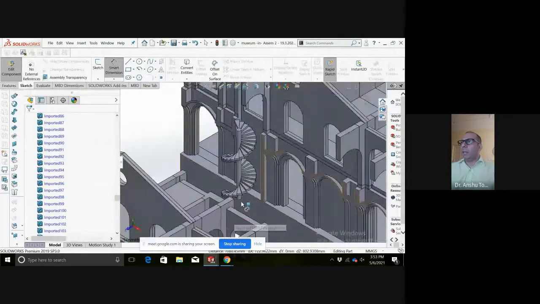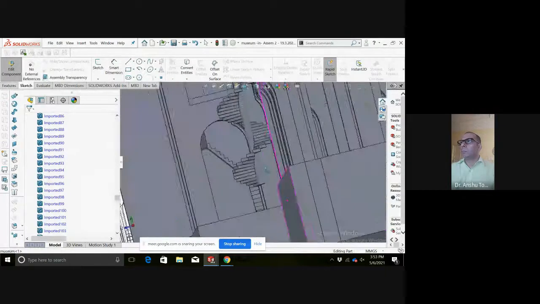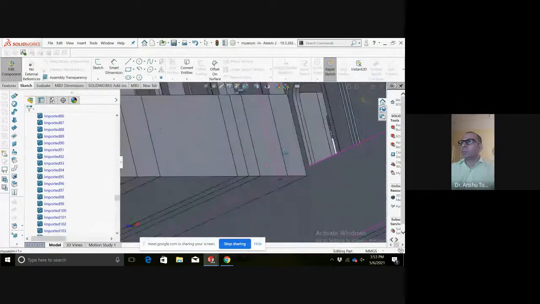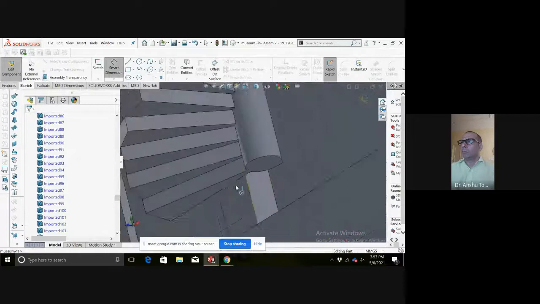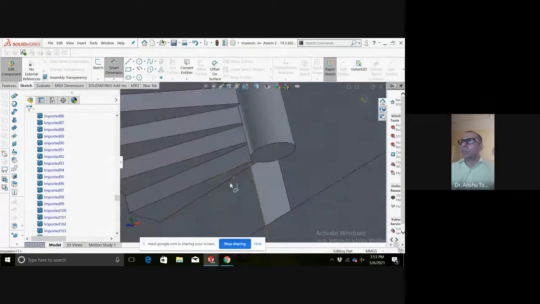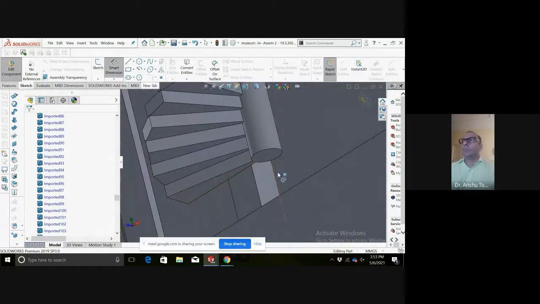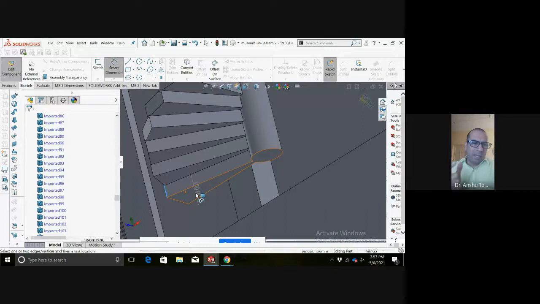Here, what is the height actually? This is 150, typical 6 inches and 10 inches. So what is the regular riser? It is 6 inches in our staircase and the regular tread is 250 mm.